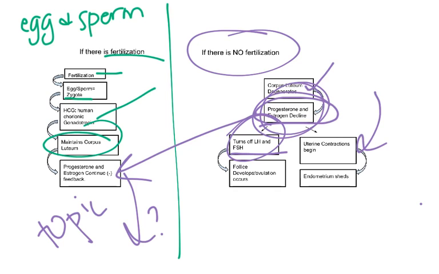On the other side here is your uterine contractions will begin, and these are typically referred to as when a female gets cramps, and the endometrium will shed. And once that endometrium sheds, we're back at the beginning of our 28-day cycle. Typically, the endometrium shedding, this is represented in the flow